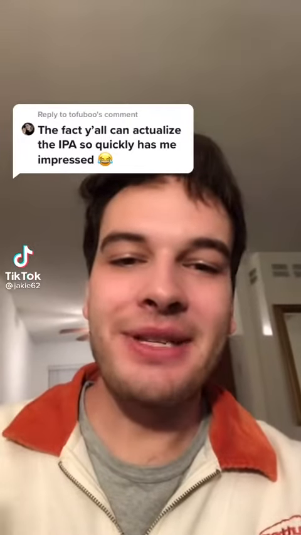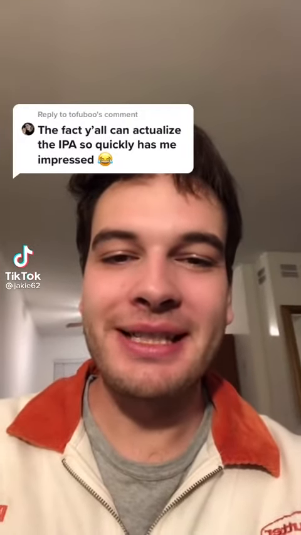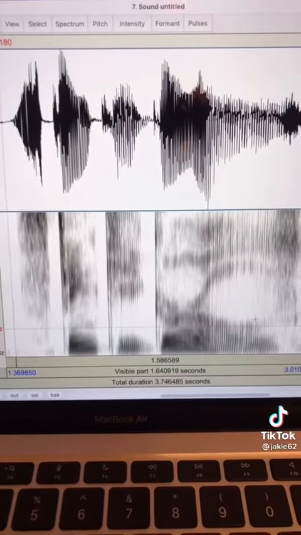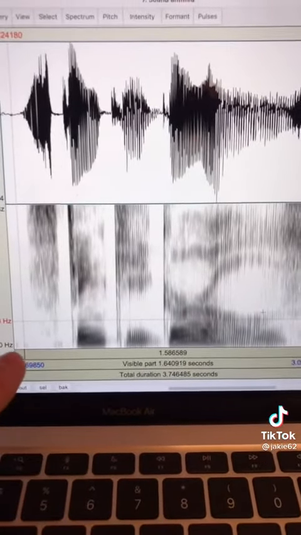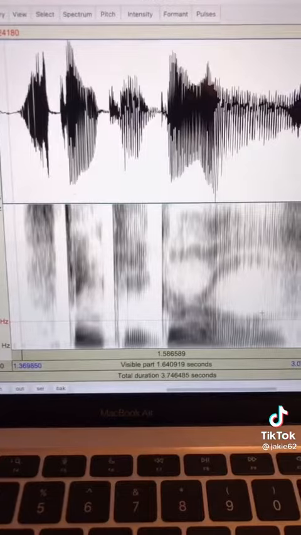If you thought reading IPA was impressive, wait till you see someone read a spectrogram. This is a spectrogram, and it's like a visual representation of the acoustics of sound, where the x-axis is time, the y-axis is frequency, and darkness is intensity. Reading a spectrogram like that is really hard and takes a very well-trained phonetician to do, but luckily, there's two